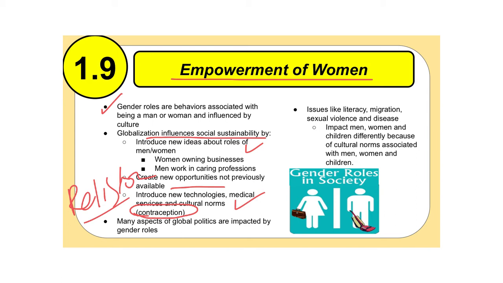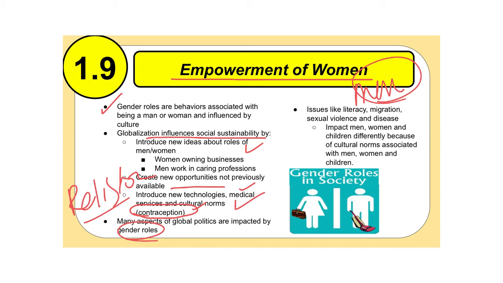But when you look at the healthcare and the science side of it, they do believe that if we introduce contraception to certain places, and access to it, along with new medical technology, that will help the global South improve. And of course, a lot of the aspects of global politics are impacted by gender roles. So keep in mind that a lot of the discussions that are happening, all the treaties that are made, are largely done by men. The talking is done by men still to this day. Now, women are getting more and more access to it, but nothing like it should be based on current global